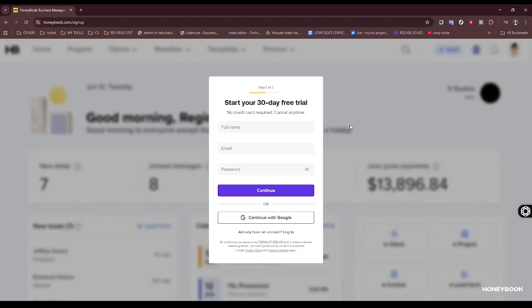To wrap up, integrating QuickBooks Online with HoneyBook can be a game changer for your business efficiency. By following these straightforward steps, you establish a system that saves you time, minimizes